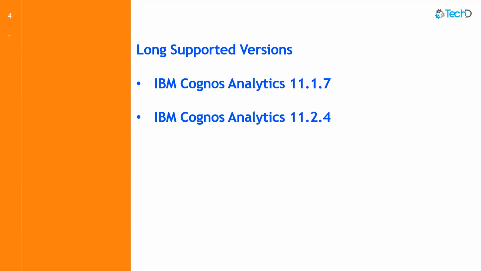Just so you know, there's certain versions that are considered long supported versions in the IBM world. So if you're on 11.17 or 11.24, these are both the last version of the 11.1 and 11.2 series. That's considered a long supported version. So 11.17 support will actually last longer than support for 11.21, 11.22, 11.23. So the last version of each of the dots is the long supported version. I believe there's also